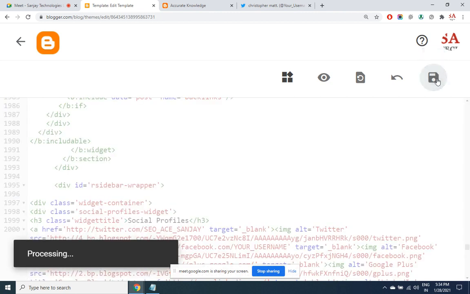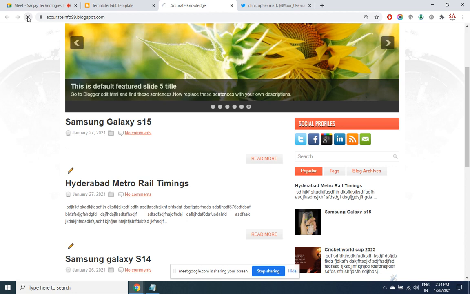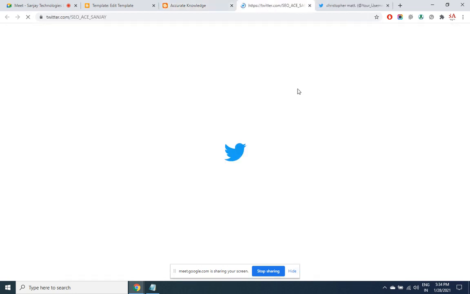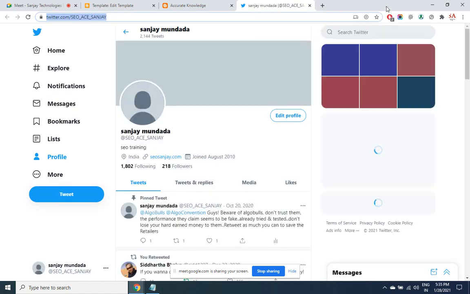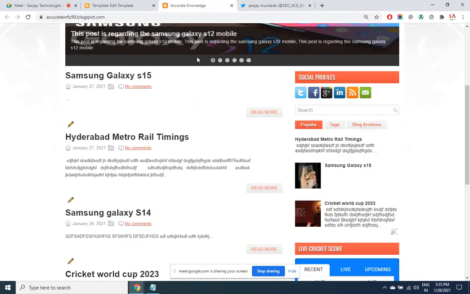Save. Now when I refresh and I click on this icon, I see that my profile page is opening up. Okay. So this is the way that you need to work with these social buttons.